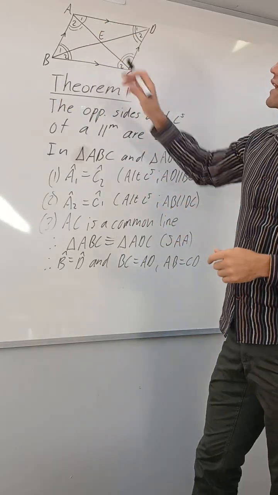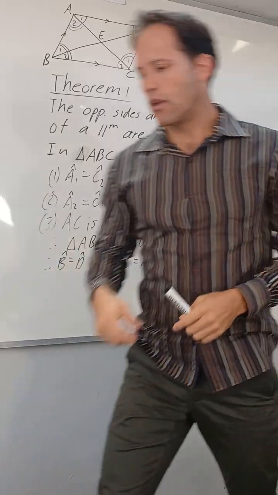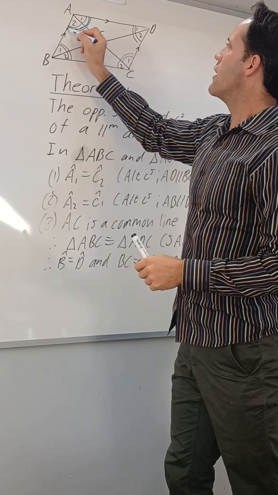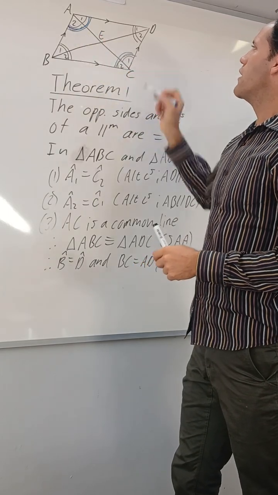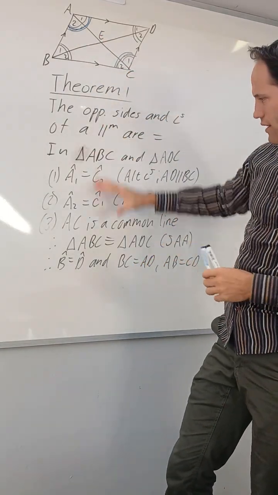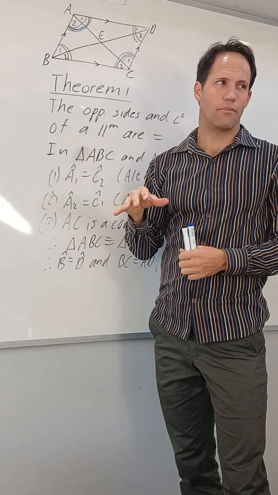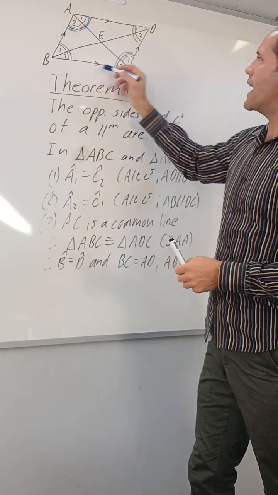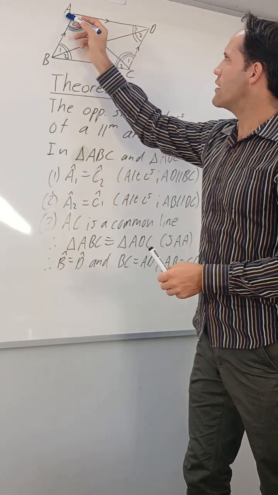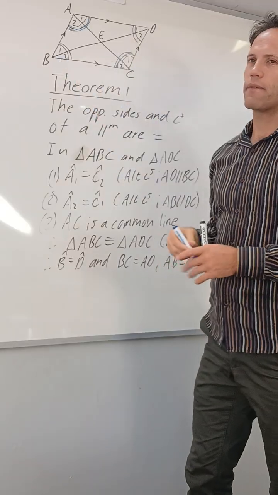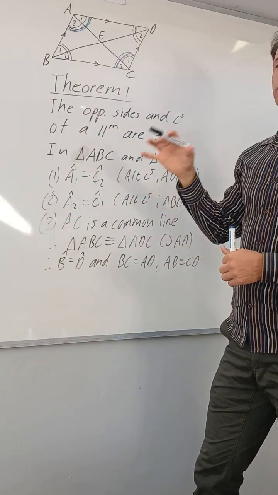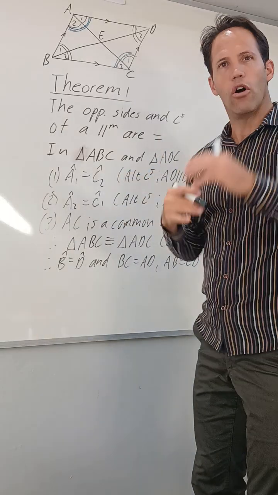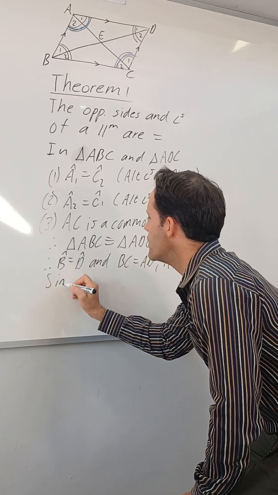So now to prove that this angle here is now equal to this angle, what we still need to do is we can say, well, similarly, the way we did this, we're going to use the word similarly sometimes in the proofs. We can now say similarly, we can prove that this triangle here is congruent to this triangle here. Okay, we can prove it. We're not going to prove it because the word similarly means we're going to use the same steps. Okay, so we're not going to do the whole thing again. We're just going to say similarly,